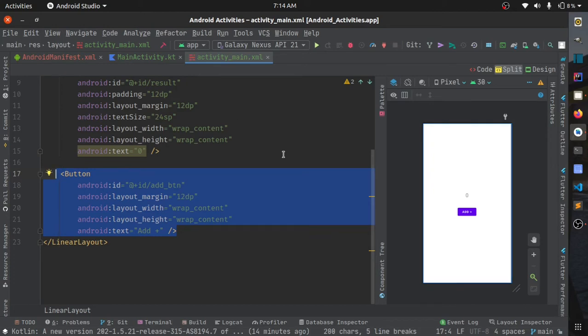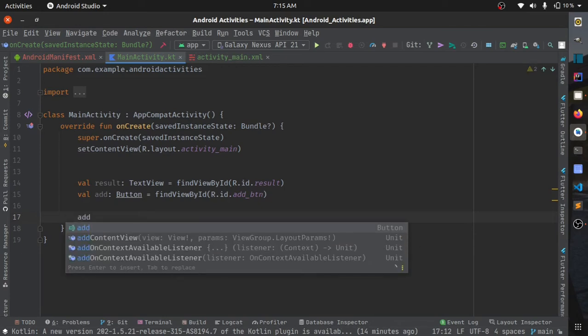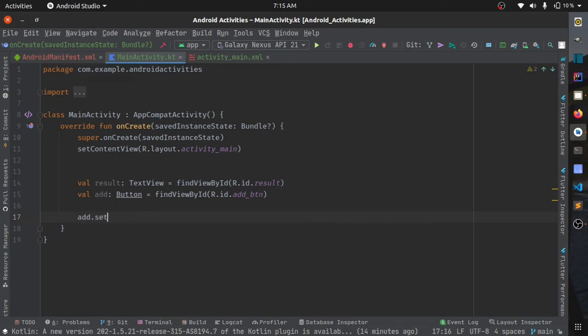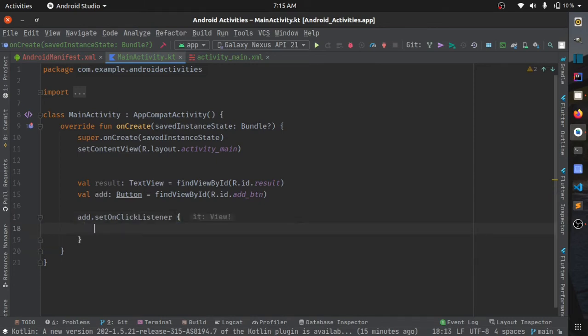So how we can do it is very simple. Android provides listeners for that. Anything that updates or changes in your system, or any event that occurs, the Android event model handles it by listeners. So we can attach an on click listener to the button. That is very simple: add.setOnClickListener.